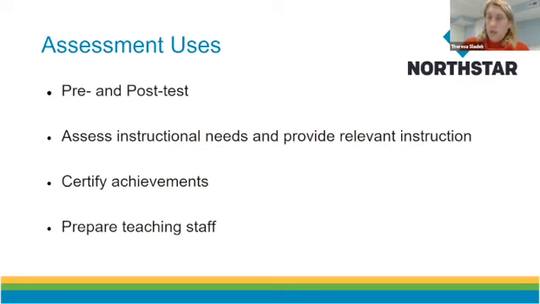Assessments are often used also by many organizations to prepare your teaching staff. A lot of teachers have never taught digital literacy, and they might feel intimidated by it. So giving the assessment, and knowing that they've passed, helps them feel comfortable and confident in providing instruction. And then there are many staff who aren't teaching but might have gaps in their digital literacy knowledge. So you can also use this for professional development of your staff, which many organizations do,